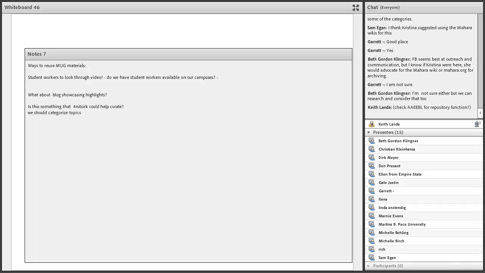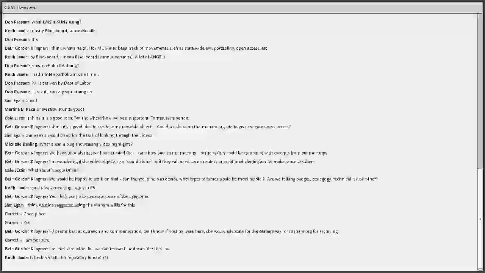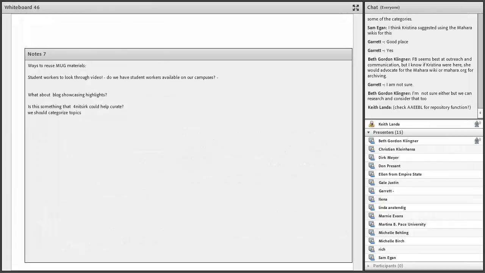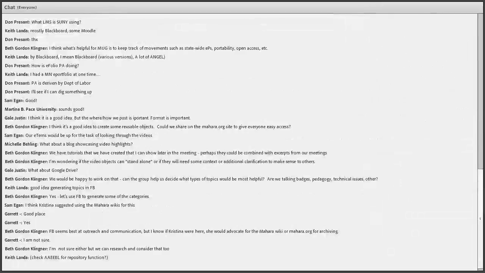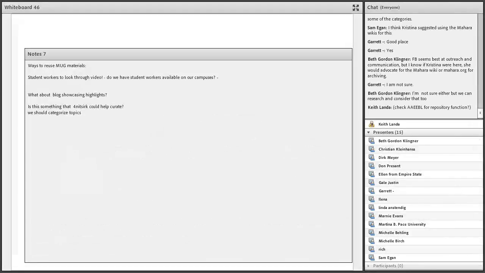We have a MUG website at PACE, but it doesn't make sense to have this stored at any one school. My vote would be to continue along the path that we've been heading, using a combo of Facebook and mahara.org/MaharaWiki, because I think that's how we will continue to bump into and attract other MUG members.